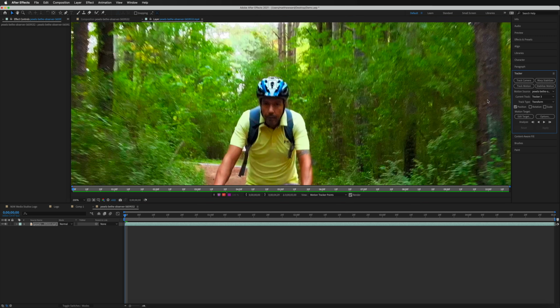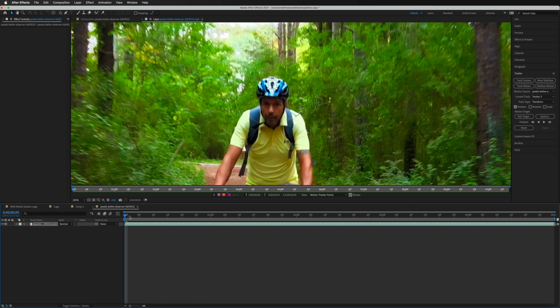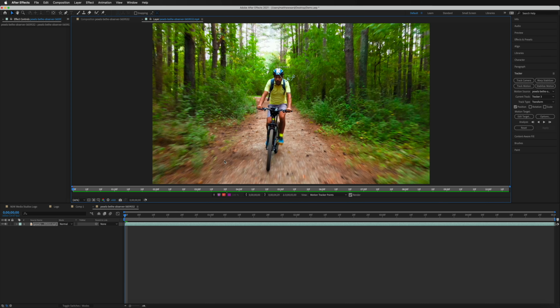And then once again, we'll go over to analyze and we'll analyze forward and let it complete the clip for us. So with that complete and me bringing the playhead back to the beginning, I'm just going to zoom out once again so I can see the entire clip. But you can see right here that we now have a brand new path, which is going to follow our helmet. So we just got to do the exact same process as before.